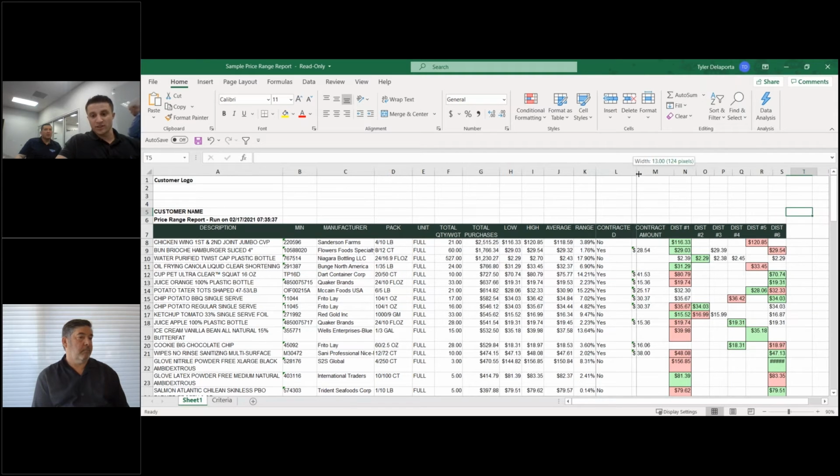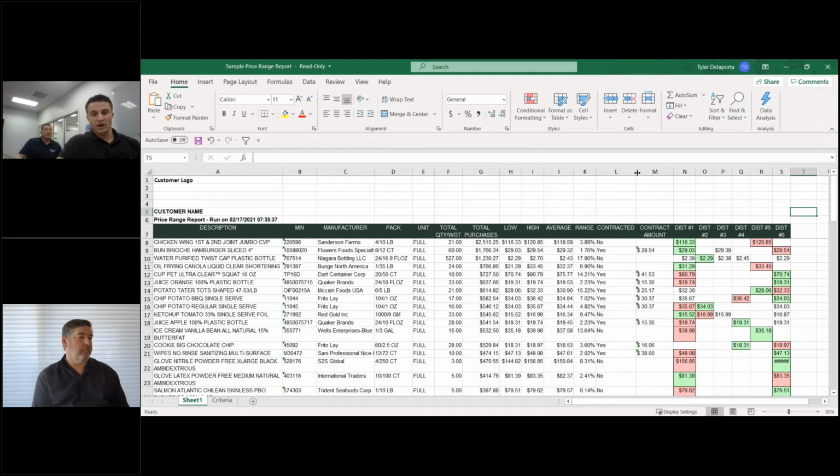And again, looking at the same data set, but being able to manipulate it, sort it any way you want. You're able to jump in here and you can see, in this example, we're looking at a chicken wing. You know who the manufacturer is, you know what the pack size is, the unit, total quantity bought during that time period. Maybe you ran it for last week. Lowest price that you paid, highest price you paid, and then being able to identify, one, is it on contract, but also two, what opco is charging me 120 and not 116, or if we go down to the next item, 2903 and 2954. So you can actually sort it by range and price,